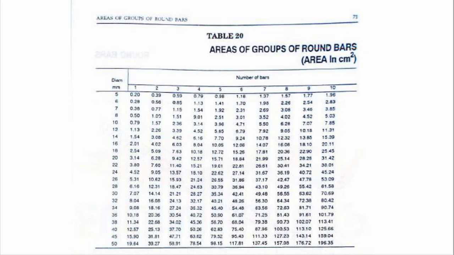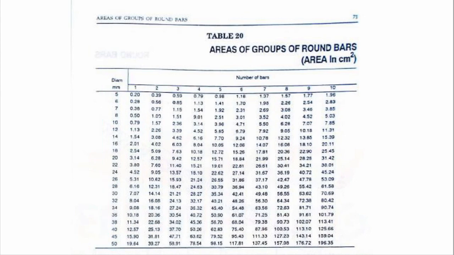Now, how to read this table? In the first column the diameter of bars is mentioned, that means what diameters are available in the market. The diameter of bars starts from 5 mm up to 50 mm, meaning in the market, bars are available from 5 mm to 50 mm. Here you can see that there are some odd-numbered and some even-numbered bar diameters. Mostly even values of bar diameters are used in steel construction or RCC construction.